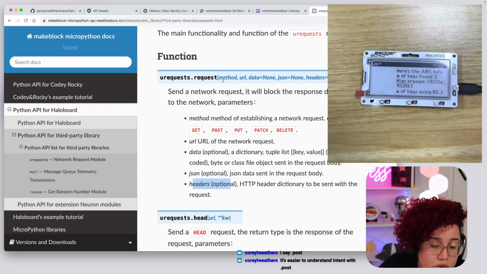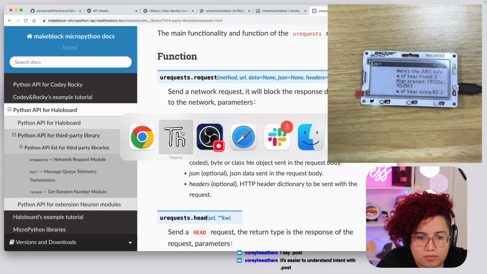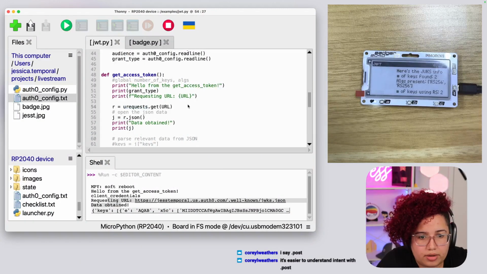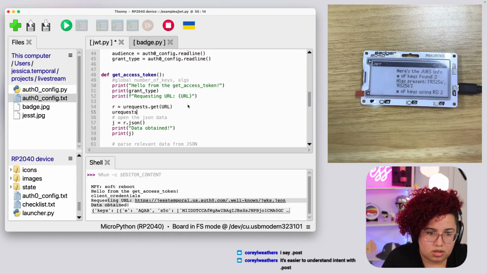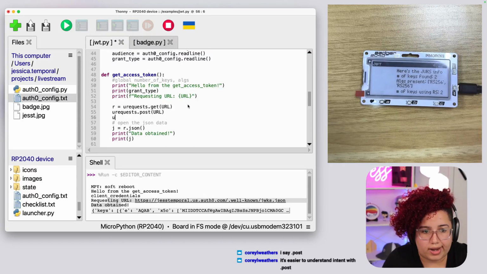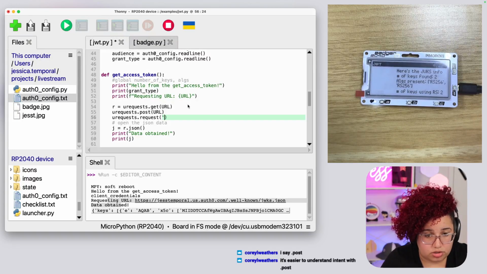But if you do a request, method is always going to be the first thing, so you can always say that it is a post in there. I guess it's just a matter of how you prefer to write it. So for example, let me go back to my IDE. So you could write urequests.post and put the URL in, or you could write urequests.request and say that you want to do a post and pass along the URL.